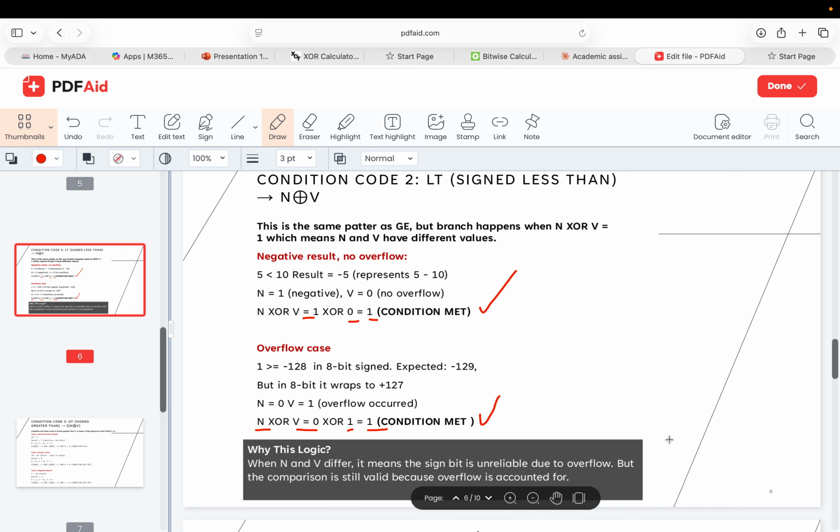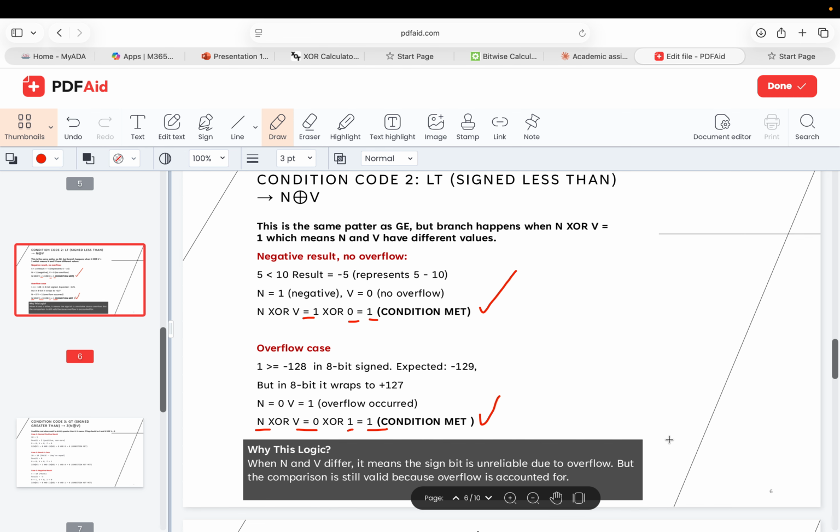When the result is the case one, when the result is exactly 0, because we're comparing 5 to 5, their subtraction is 0. So we don't need the negative or V flag, the overflow flag, because Z is already 1. It means the whole condition is 1. So the condition is met. We don't need this part. And the negative results, when we say that 5 is less than or equal to 10,